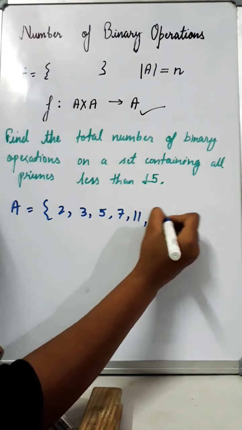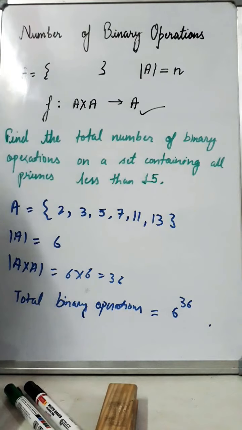So this is how you are going to find the total number of binary operations, and using this fundamental you are going to solve all the other questions. Usually the questions from this part are asked in 1 mark, 2 marks, and mostly MCQ kinds of questions are made from this part.